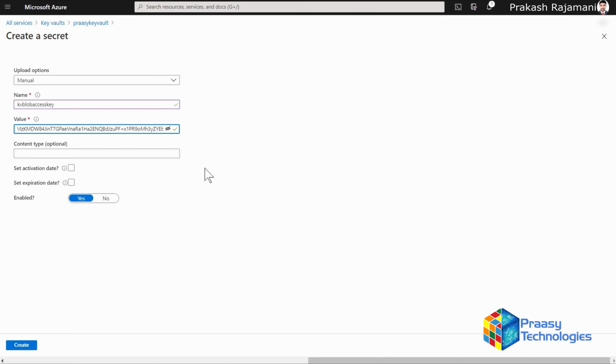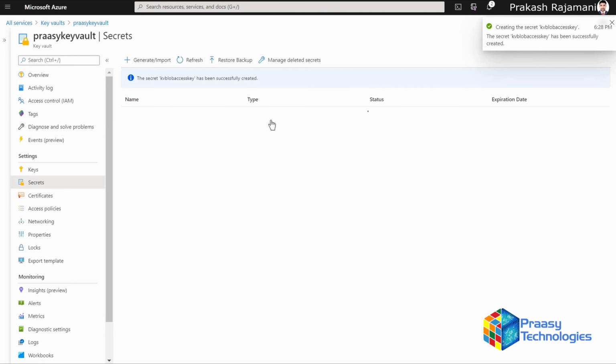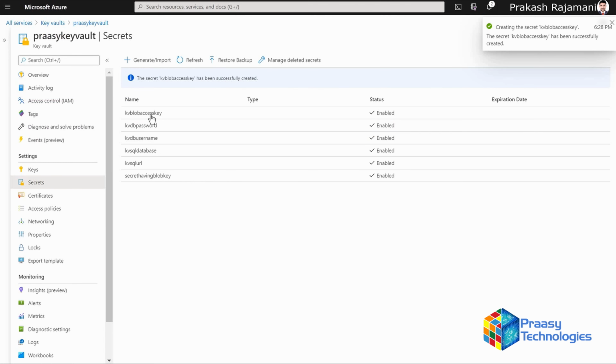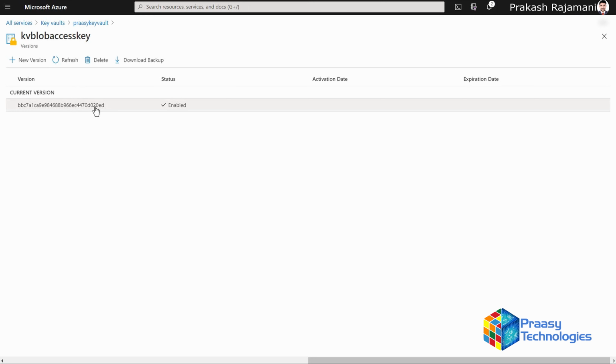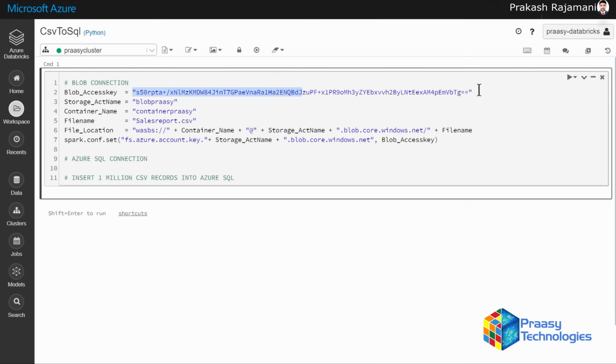Click on the create button. Now you see the KV blob access key created and click on it to see the key details. We are now back to the notebook. To replace the access key with secrets, we use dbutils to connect to the secret. Now pass the KV blob access key which is created in the key vault here.